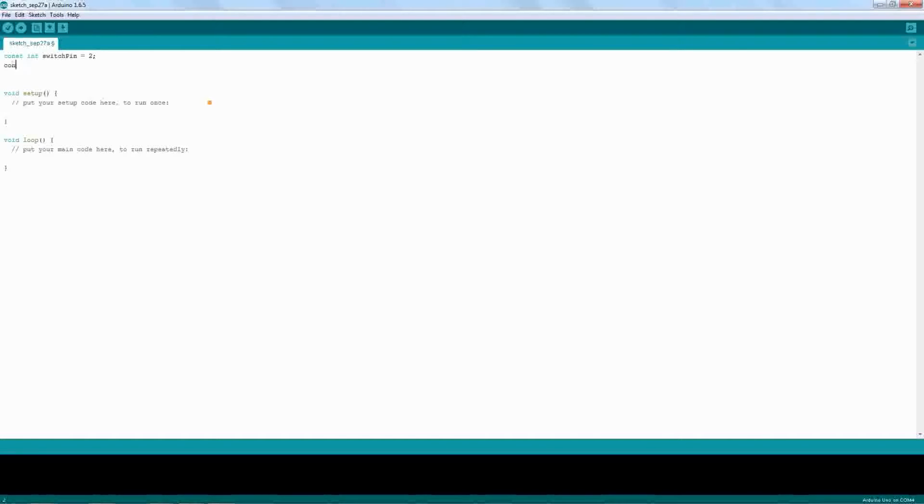We also need a constant for our motor pin. So a constant of an integer type, and we'll call this motorPin. Actually, this is connected to our transistor. Hold on, what pin is connected? Pin 9. Remember that pin 9 will be sending voltage to the transistor, and once voltage is sent to the transistor, it operates like a switch that will cut on and amplify the current, so that we have enough current usable by